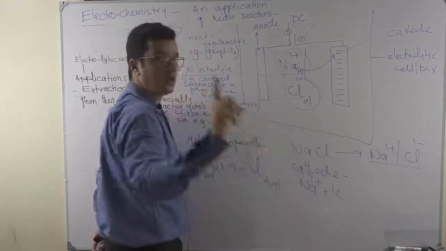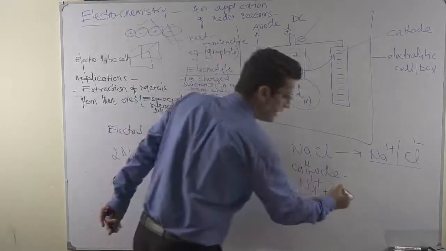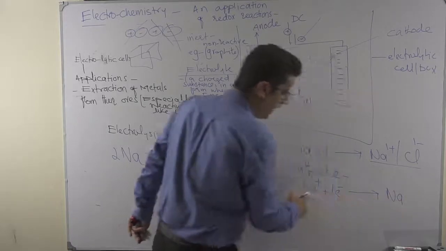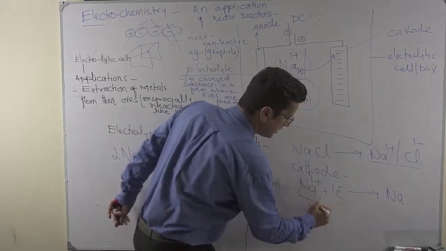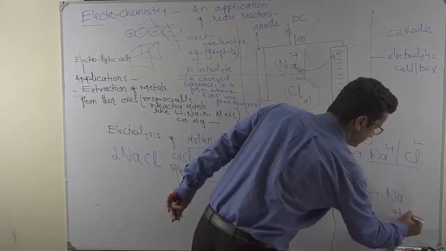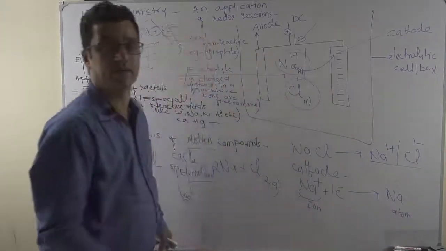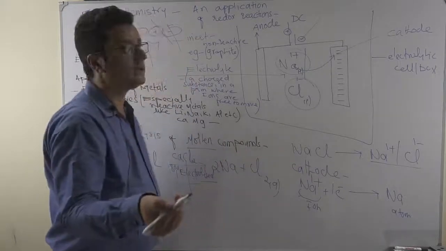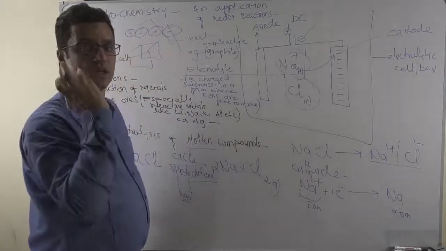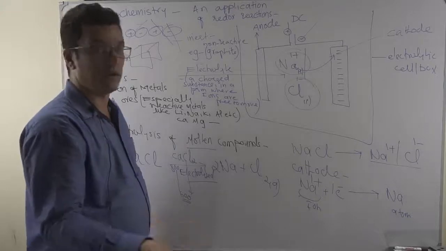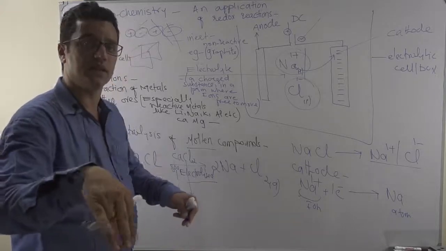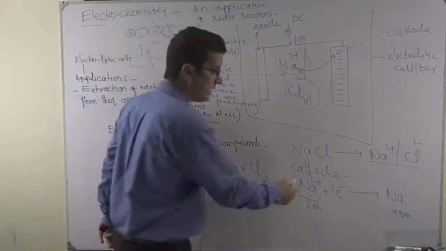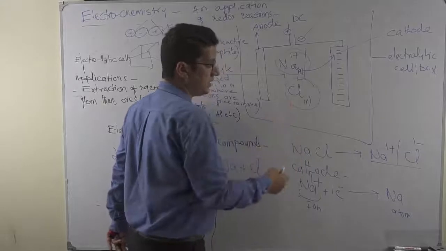All sodium ions are short of one electron, 1 plus, and they are getting the 1 electron. Each sodium ion is turning to an atom, reversing back to its previous life. In its previous life, it was sodium metal, which was heated with chlorine gas and turned into sodium chloride. But when sodium chloride is electrolyzed, it gets back to sodium metal and chlorine gas.